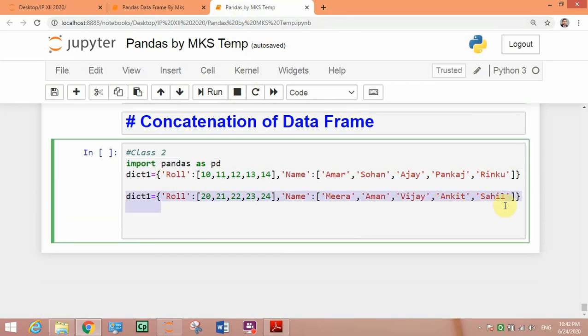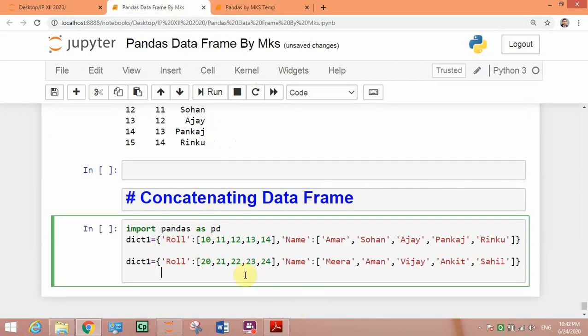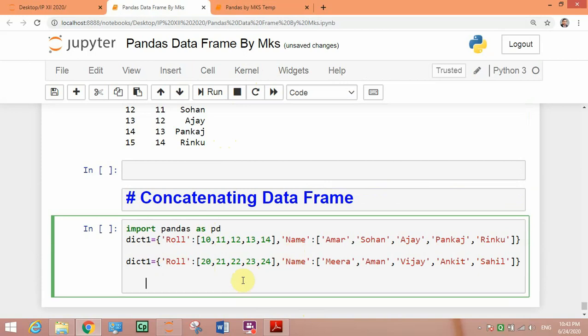So you can see here two dictionary are there with roll number and name fields, and both are having different roll numbers and name.